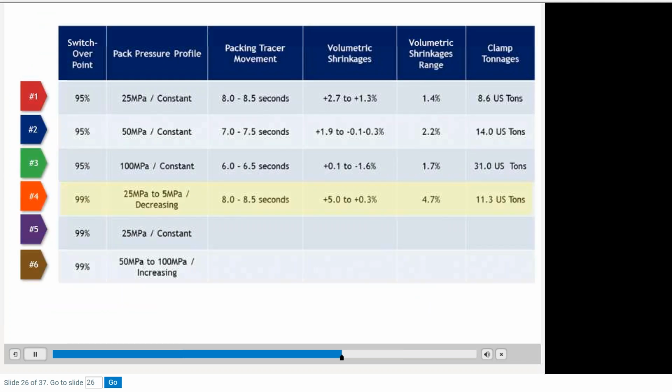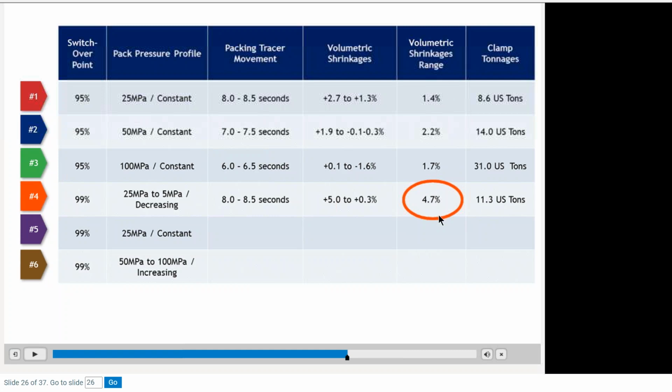The next set of results have been added to the table. Notice that the decreasing pack pressure profile has a wider volumetric shrinkage range than the earlier examples. So basically what it tells us, if we compare the first line with the fourth line, we still have the same pack pressure, but here we decrease it, from 25 to 5 rather rapidly. So this makes the volumetric shrinkage range go up,